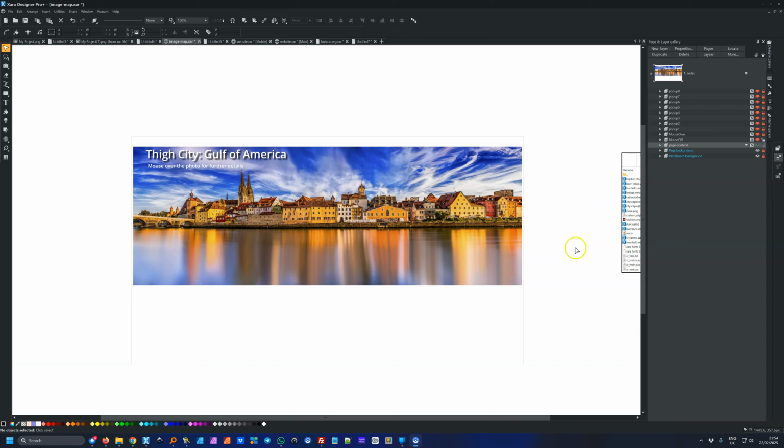Okay, here's the far simpler way to make image maps than the old-fashioned way you used to do it, with actually slicing and dicing the image up. In this site, it's just a one-page site. I've got a layer named page content, which I tend to do as a personal preference, and I like to keep the mouse off now, just